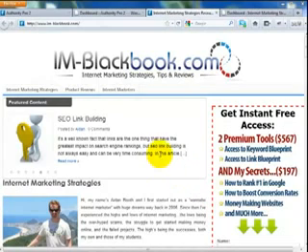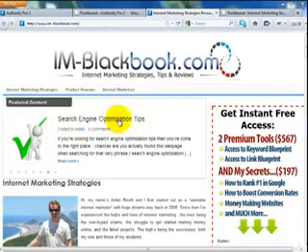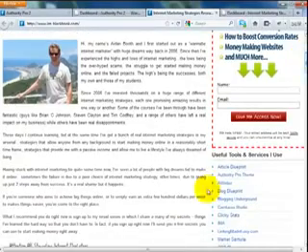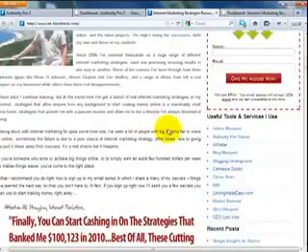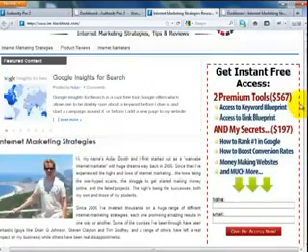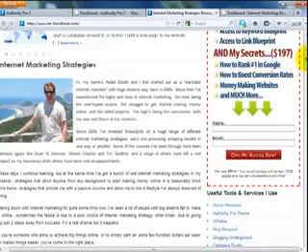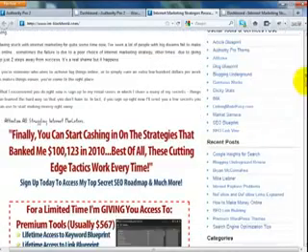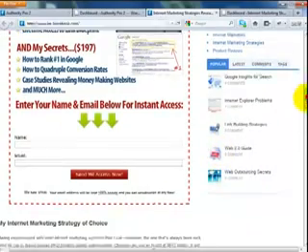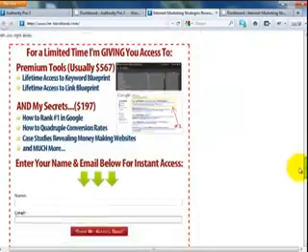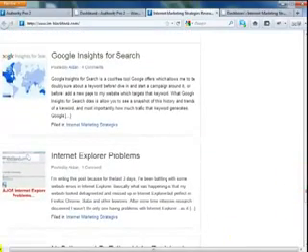And here we are on my website, iamblackbook.com, and it's set up like a pretty typical website, and I'll just scroll down so you can see more of what it's like, and unfortunately it can't all fit in the screen. But I'll scroll down. You can see I've got opt-in forms. In the website I've got different menus. I've got a bit of a tabber there. I've got another opt-in form here. I can scroll down further, I can see another opt-in form, and then here I've got